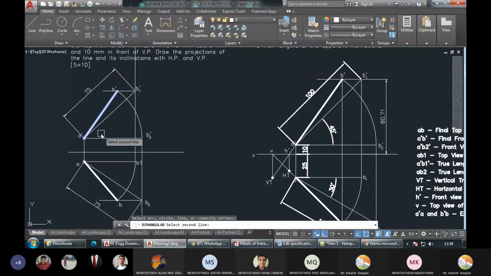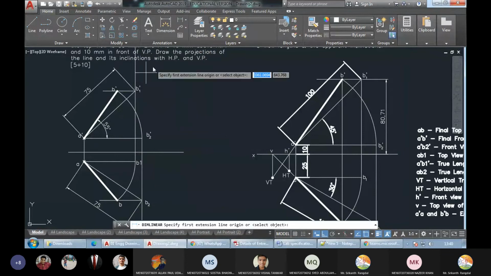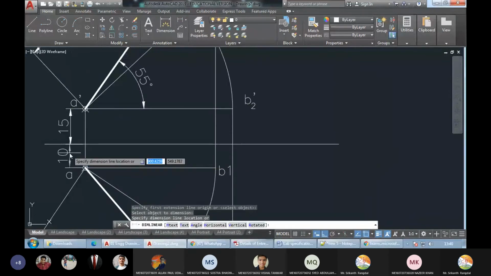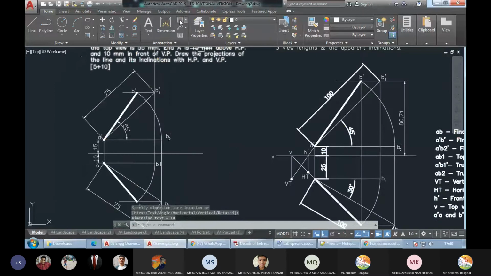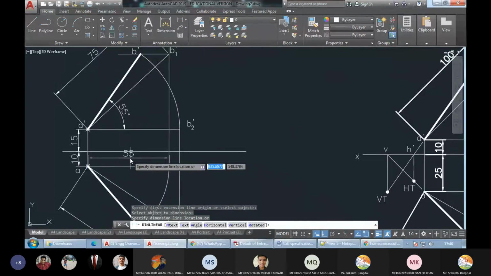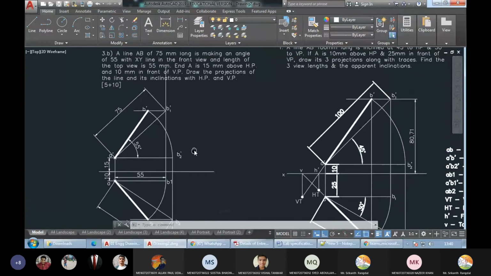We have drawn this angle, 55 degrees, and linear length, we have drawn this length 15 and this length 10. What is the other length given to us? We knew about this length, right? Top view length we knew about. So top view length. Show the top view length. Okay. So this was the given data.